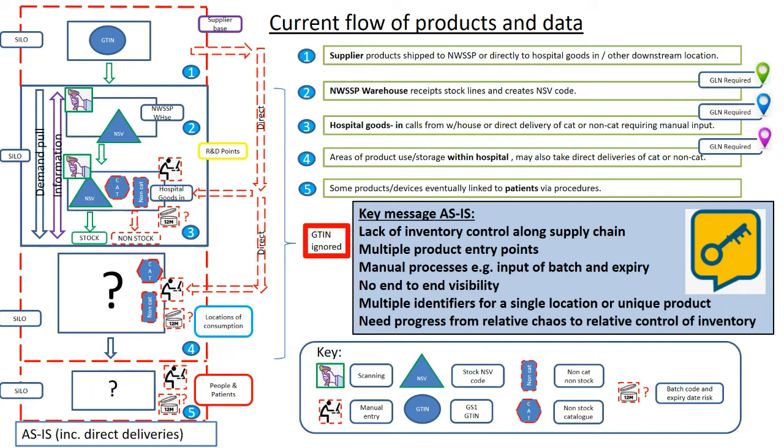So stock lines arrive at the shared services warehouse, at which point we disregard the GTIN and allocate another product code, which essentially adds another layer of complexity, and we're beginning to lose visibility at that point. Items can be ordered for direct delivery to hospital sites. When they arrive there, they require manual input. And again, we're lacking traceability and visibility at this point,